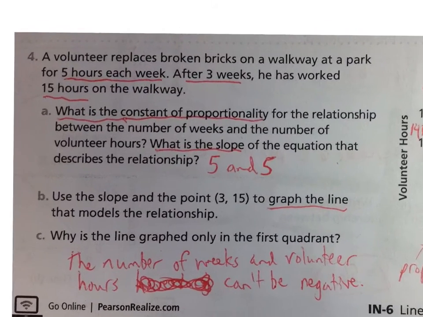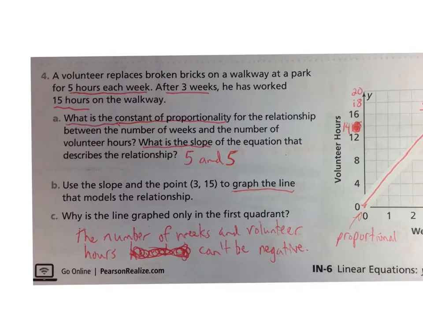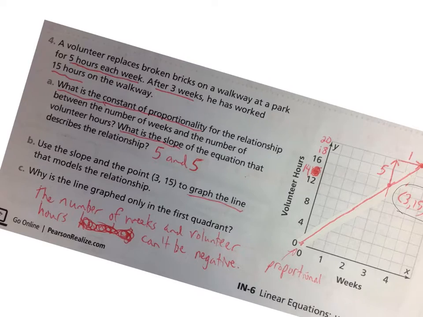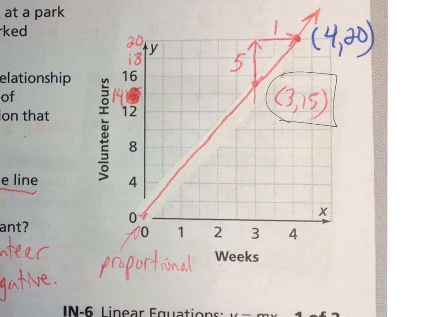Number 4, a volunteer replaces broken bricks on a walkway for 5 hours each week. After 3 weeks, he has worked 15 hours on the walkway. What is the constant of proportionality for the relationship between the number of weeks and the number of volunteer hours, and what is the slope? So we can just think about, first of all, 0 weeks,